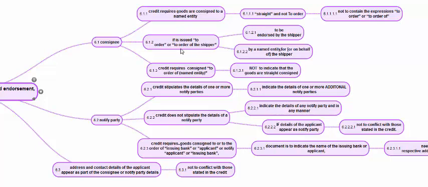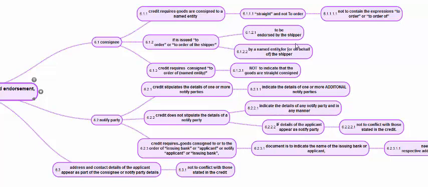If the credit says the transport document has to be issued to order or to order of a shipper, here it says named entity, consigned to named entity, here it says to the order of a named entity or shipper, then it has to be endorsed by the shipper or by a named entity for and on behalf of the shipper. When a transport document is issued to order, it is considered to be many times negotiable or transfer of title is possible. How is it possible? By endorsement and delivery. To permit such a transfer of title, and especially when it is to the order of the shipper, the shipper is nobody but the consignor or the beneficiary under the LC. He is shipping the goods.